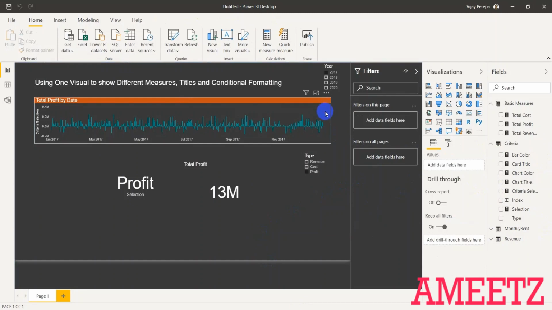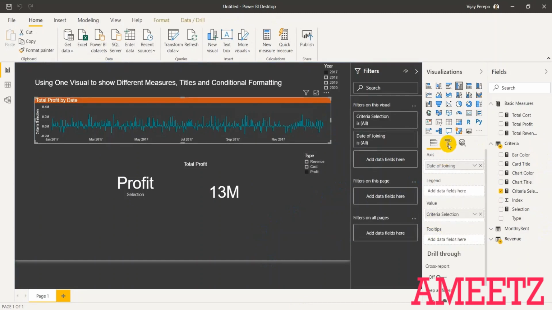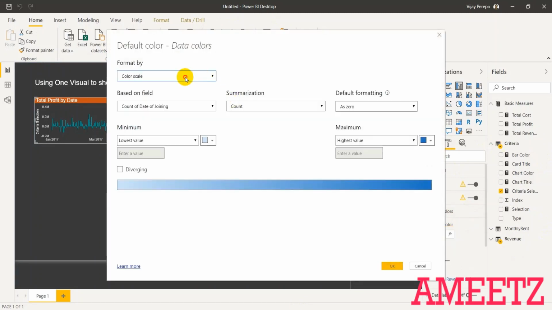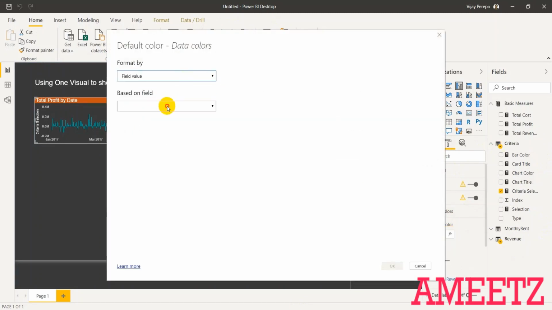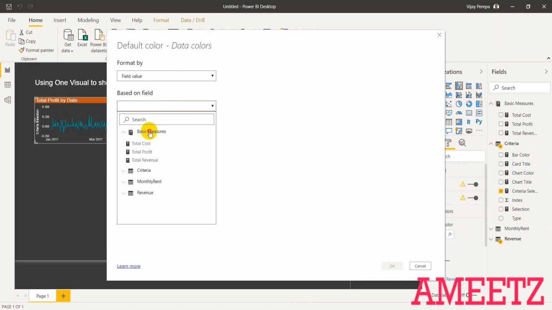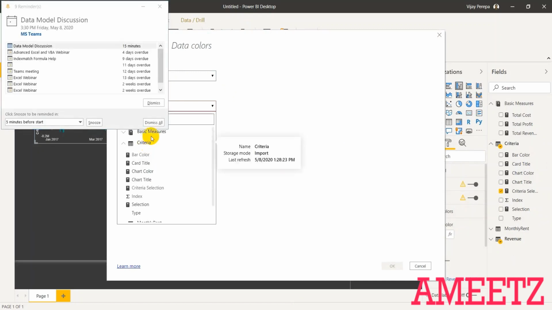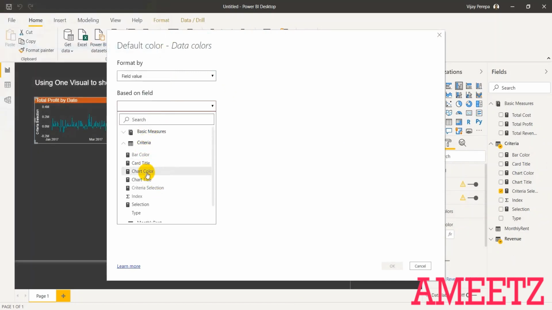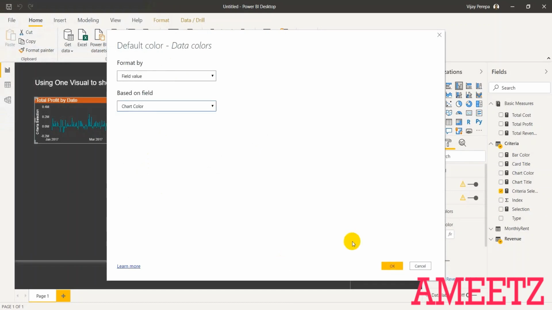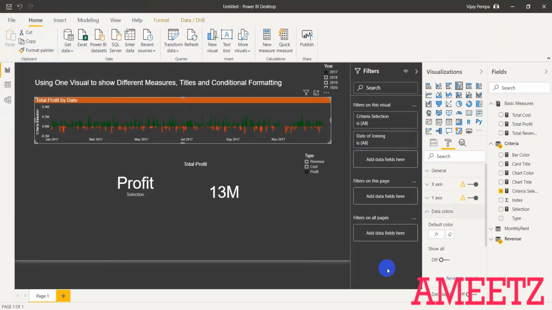Now select the chart, go to the formatting option and select data colors, applying the conditional formatting. Now it has to be a field value, and then based on the field that is in the criteria table, the chart color, and then select OK. Now you can see, since I've selected profit, all profits are in a different green color, and all negatives are in red.